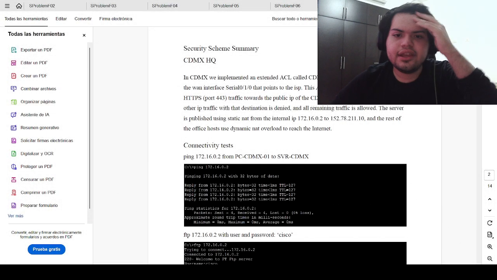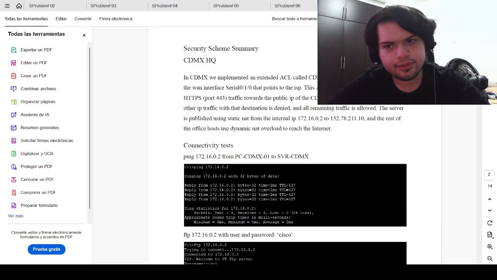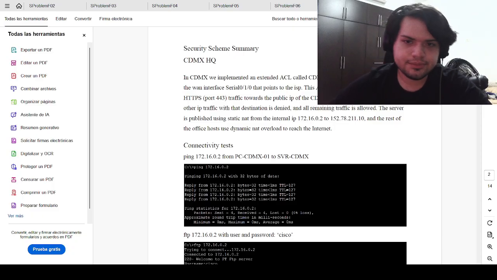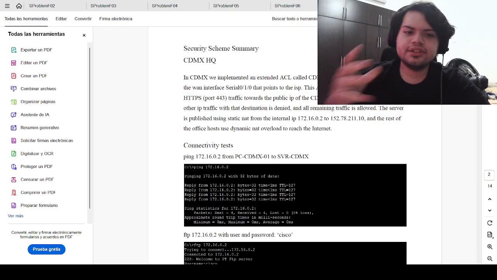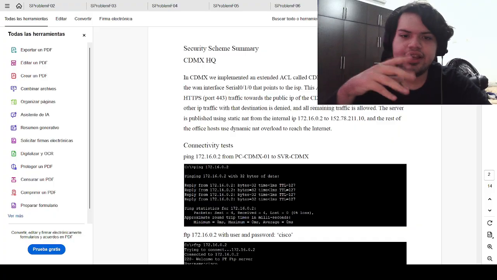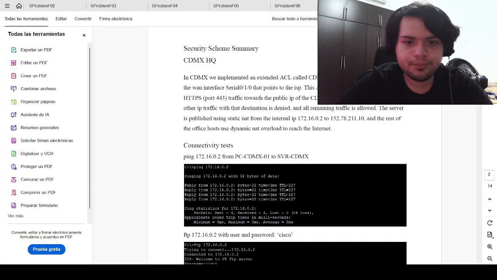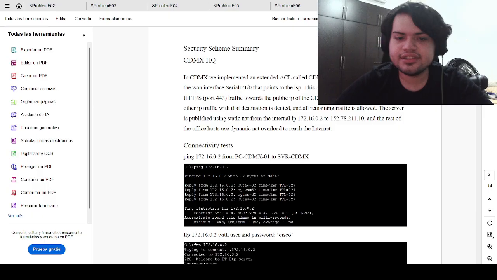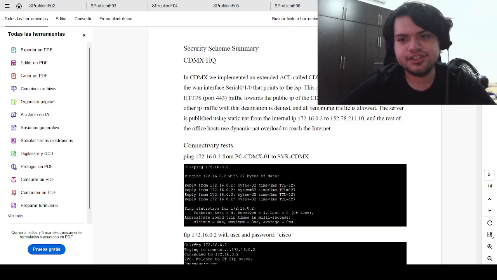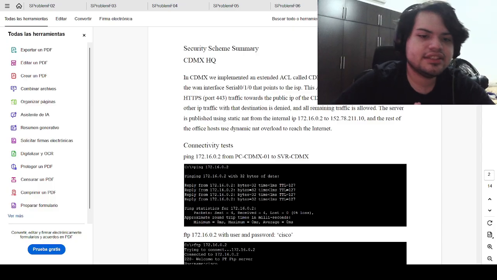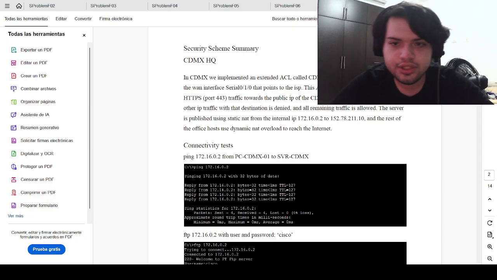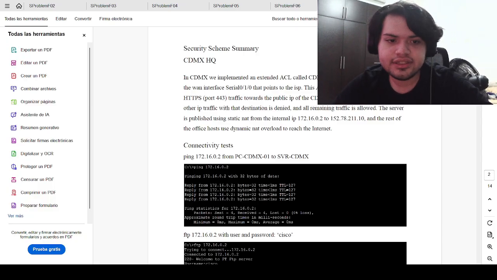Let's begin with the fifth and final section, which is the security schemes. With internal connectivity established and external access configured, there is one final step before the corporate network can be considered complete, which is implementing security controls. This is where access control lists, or ACLs, come into play. These rules determine exactly what kind of traffic is allowed into the network from the outside and which traffic must